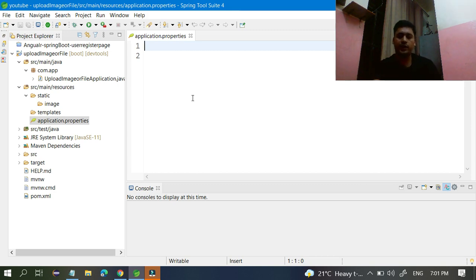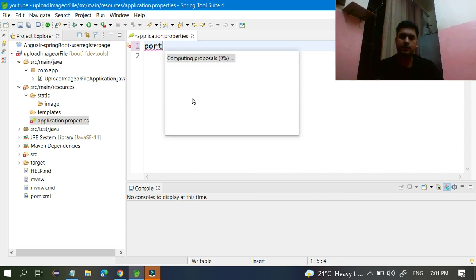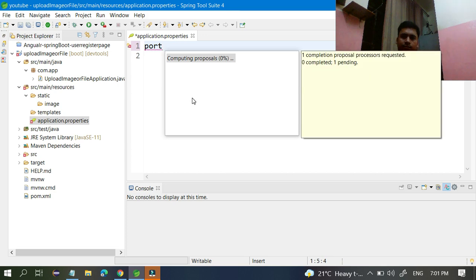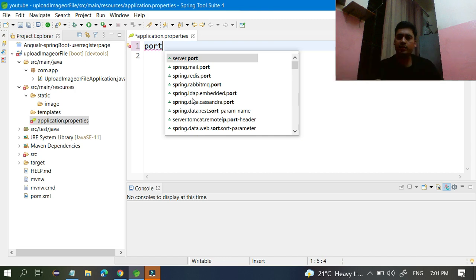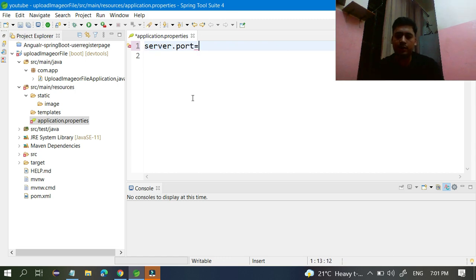Here you can write just port, and it gives you server.port. I will take 8081. It's my favorite port number, that's why I take it every time. No problem, you can take anything. So I have specified the port number.